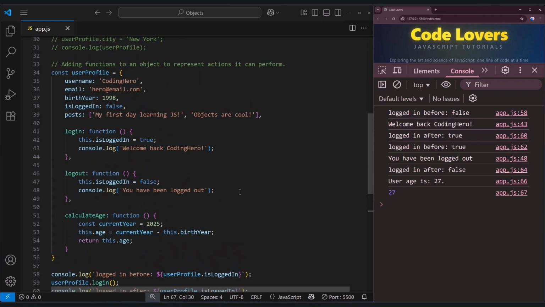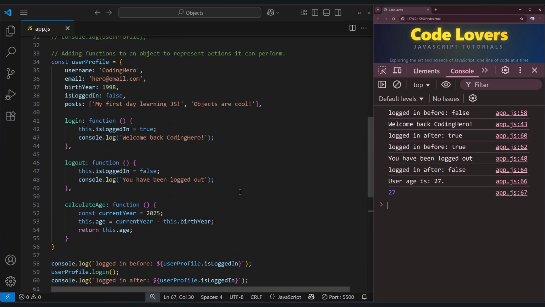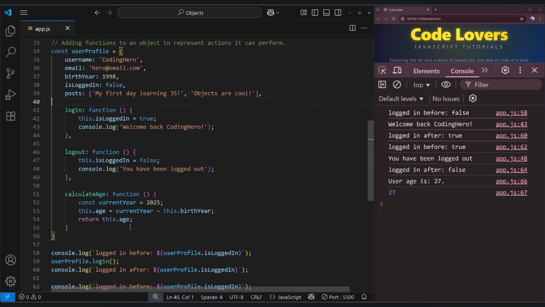To finish our lesson, let's create a final method called getSummary. It should use the object's properties and other methods to create a summary string about the user. I want you to create a method that returns this string: User codingHero is 27 years old and has 2 posts. To do this, you will need to create a getSummary method on the userProfile object. Inside it, use this to get the username. You'll need to call